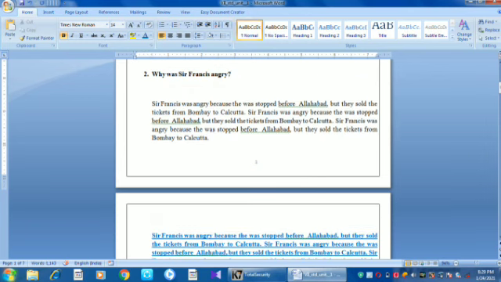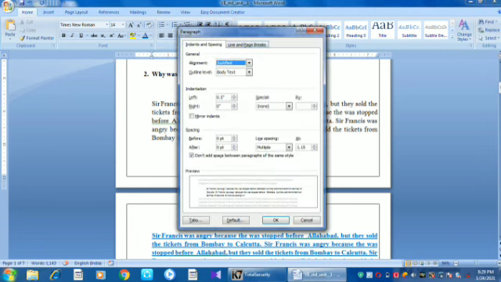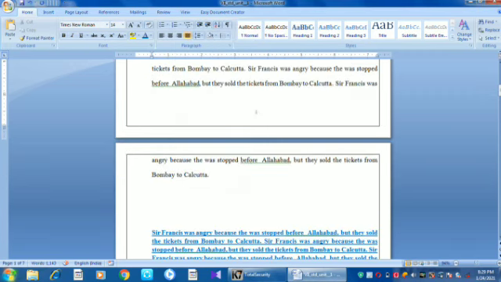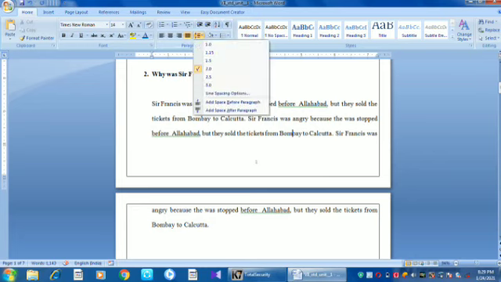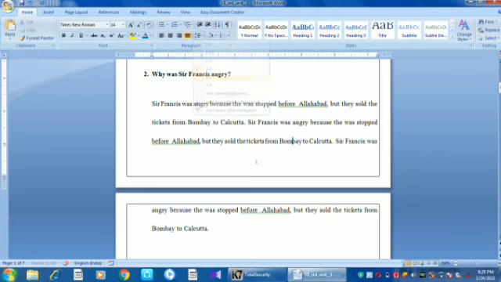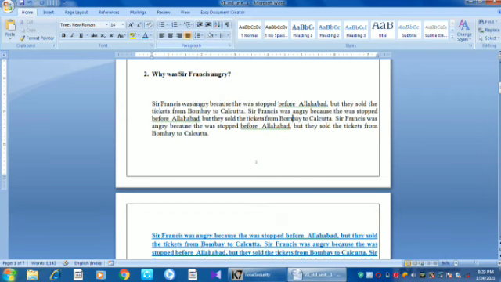We can select this paragraph, then under paragraph we can select the line spacing. We can give double, and the paragraph will be double line spaced like that. Are you able to see, between each line one line will be placed. Suppose we want to change it to 2.5, it will look like this. Suppose single lines, we can select 1 point. These are some of the options here. Did you understand? Thank you.